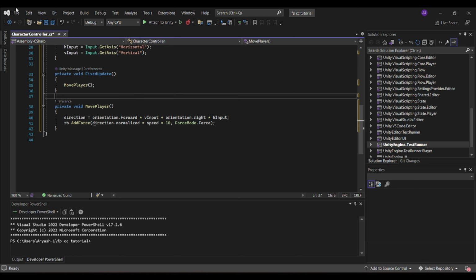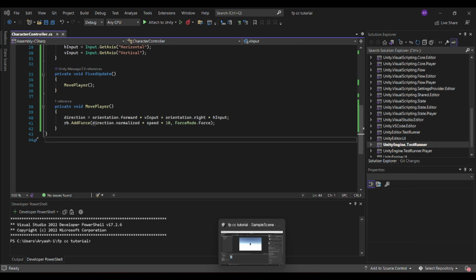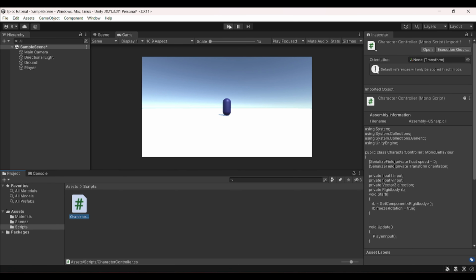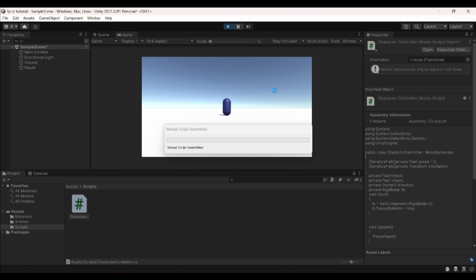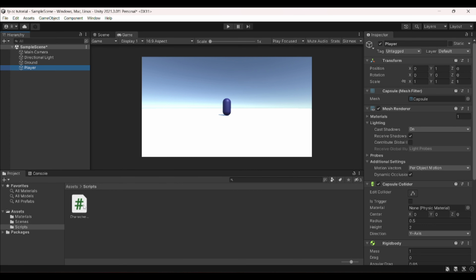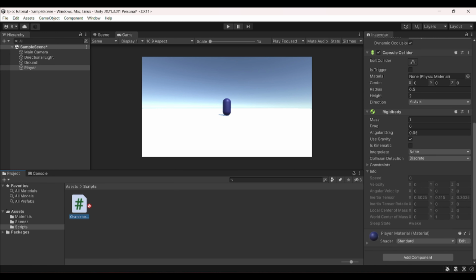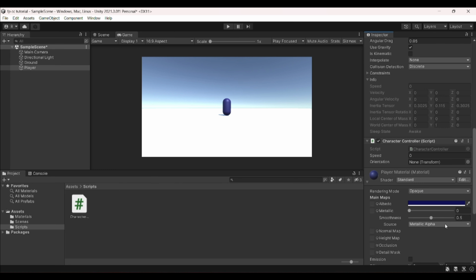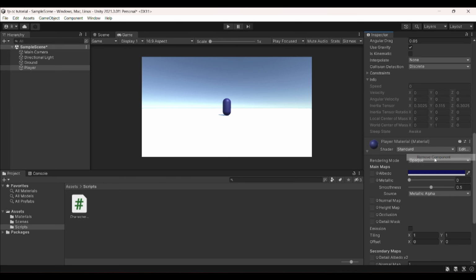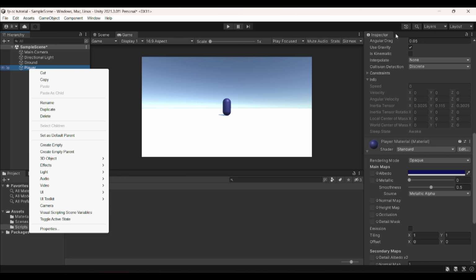Now let's save this and let's go to our Unity editor and let's press play. Okay, so right now we can't exactly move the player. We have to edit this player because first we have to add the character script. Wait, actually, no. I'm sorry. First, we have to remove this and name this player module,